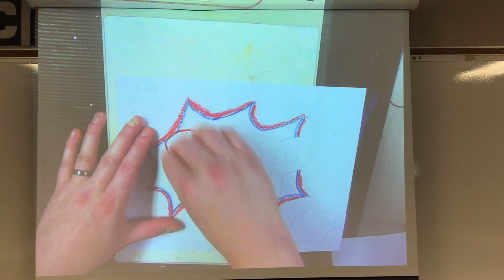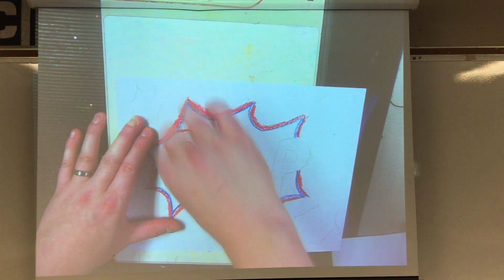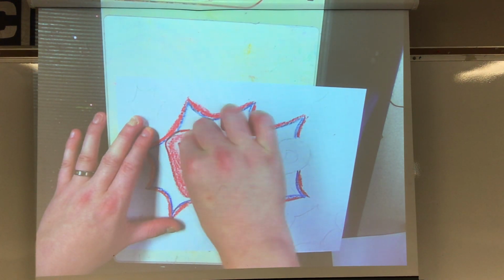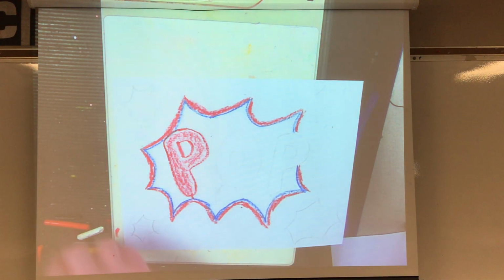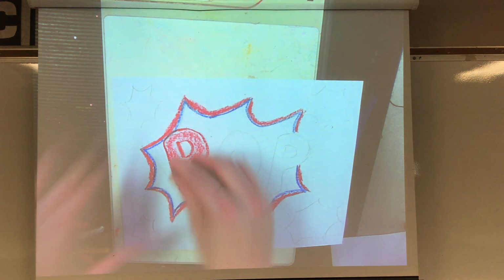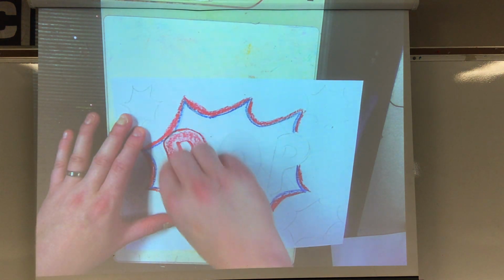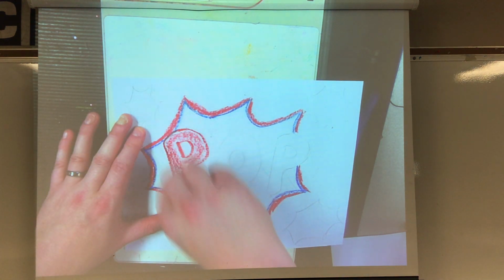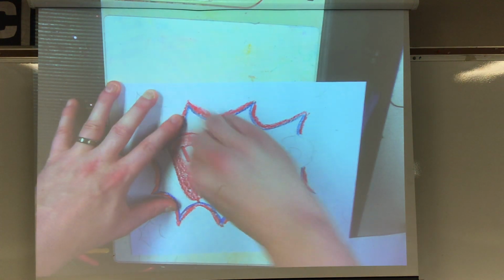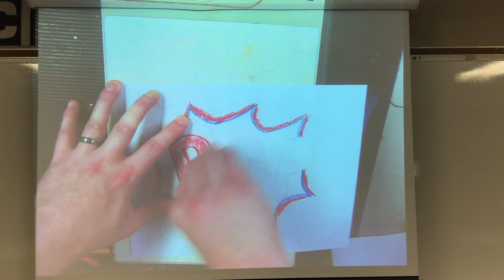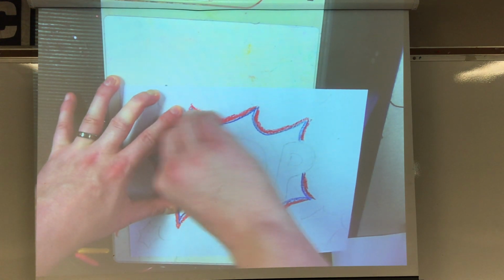Okay, and I'm going to use a little bit of value to make it look like they're round. So I'm going to take a little bit of black, because remember, value, I'm not pushing super hard. And then I'm going to take some white and give it a shine over here